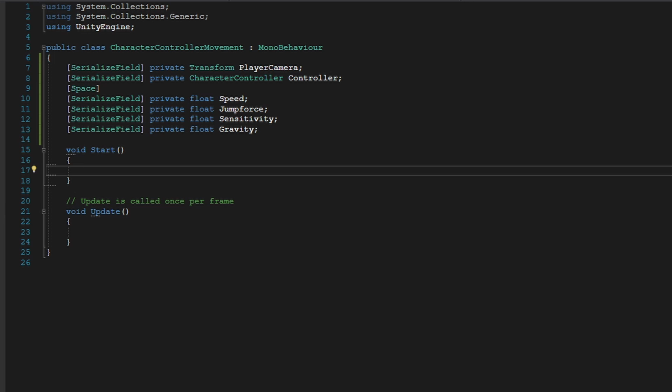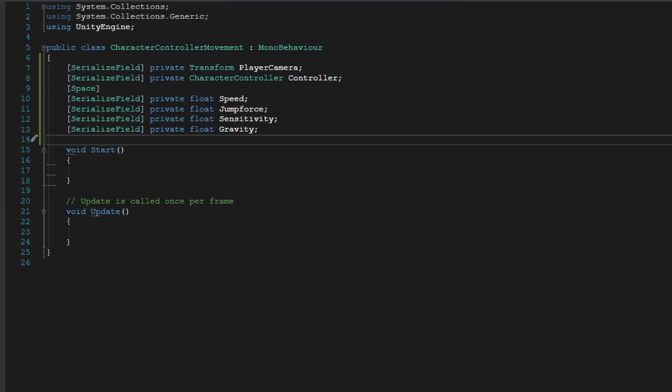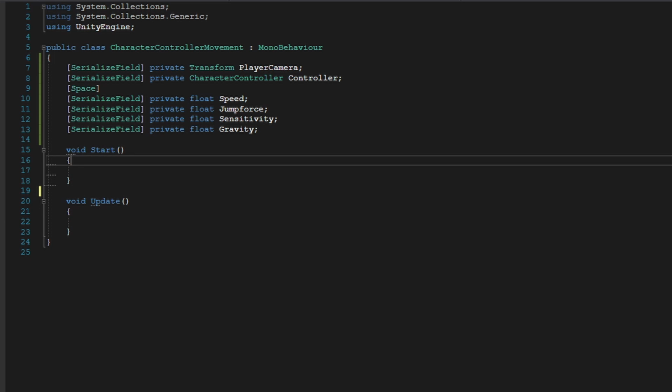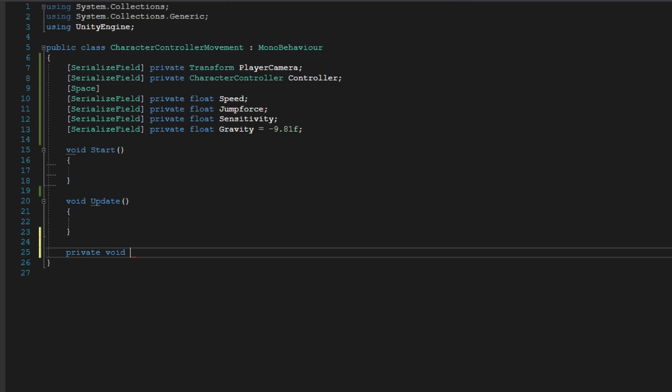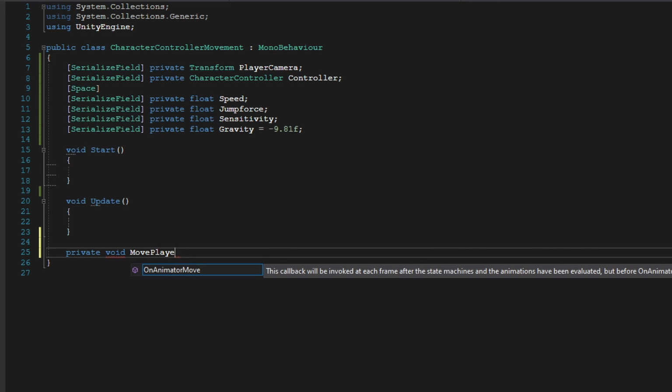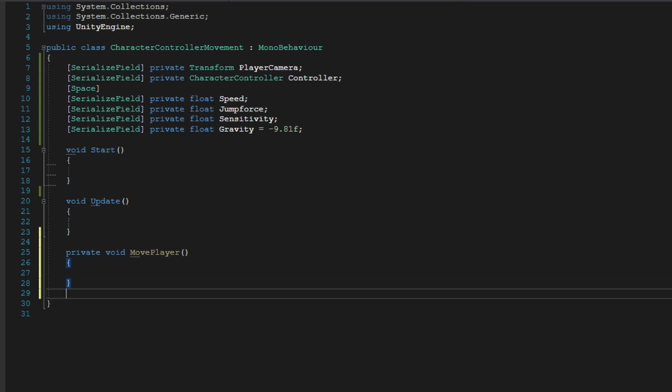We're not going to get too in-depth, we're not going to worry about adding forces and doing all that fancy physics stuff. We're just going to stick with regular gravity, just push us down. So set the default for this. Normally gravity is negative 9.81 meters per second squared. That's the force. And now we're going to create two private voids. MovePlayer and